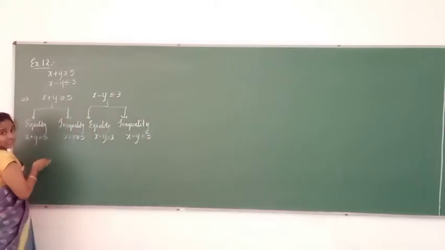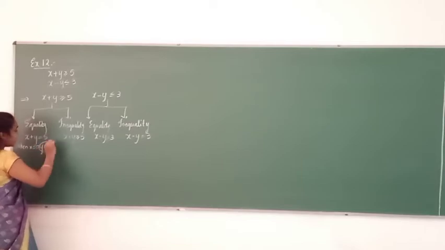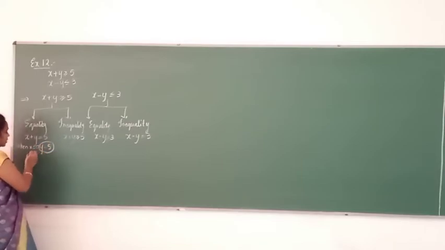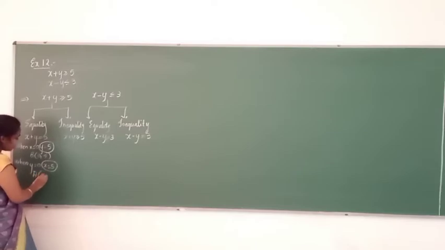So first let me solve the first inequality. Just see here, when x is equal to 0, what y value do we get? I am directly writing the answer because yesterday I solved everything in detail. So the coordinate B is 0, 5. Substitute x equal to 0, y is equal to 5. Next, when y is equal to 0, x will be equal to 5. So the coordinate A is 5, 0. Is it clear?